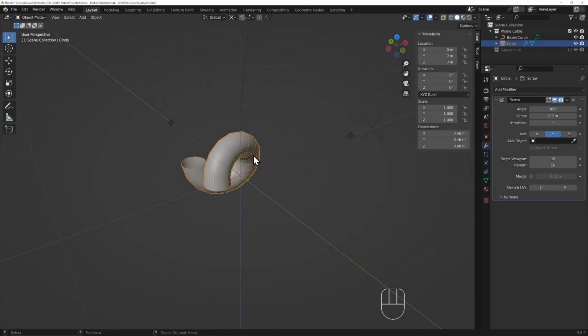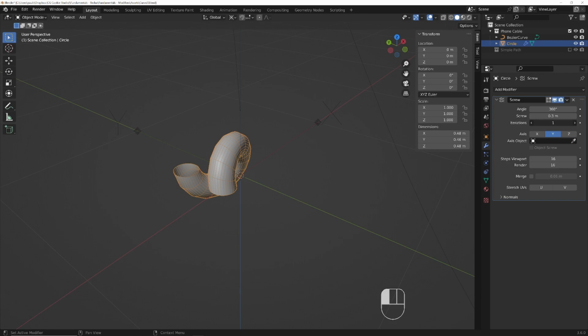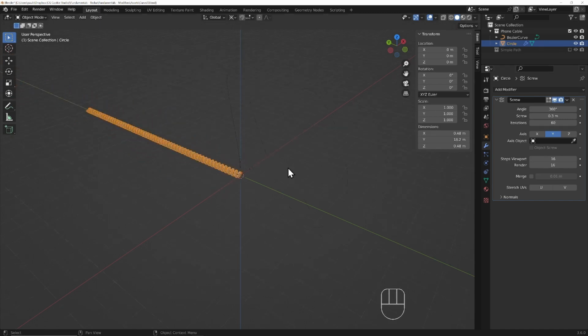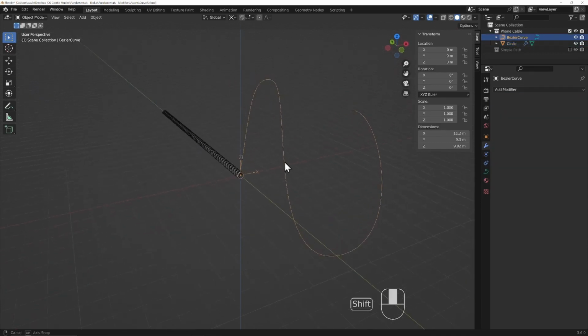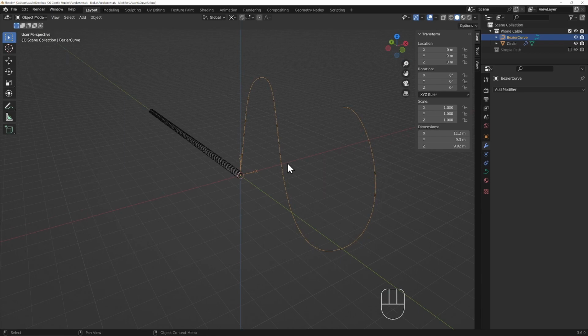Now with those basics out of the way, let's do something a little bit more complex. I've modeled a small segment of phone cable using a circle primitive offset from its origin and with a screw modifier on it that I've set to an angle of 360 degrees and set the screw offset to 0.3 meters. I've set the axis to offset along Y. I'm going to increase the iteration count to about 60 so that we've got plenty of cable to work with. I've also added a Bezier curve and modified it to a desired path that I wish this phone cable to follow. Let's now parent the cable object to the curve